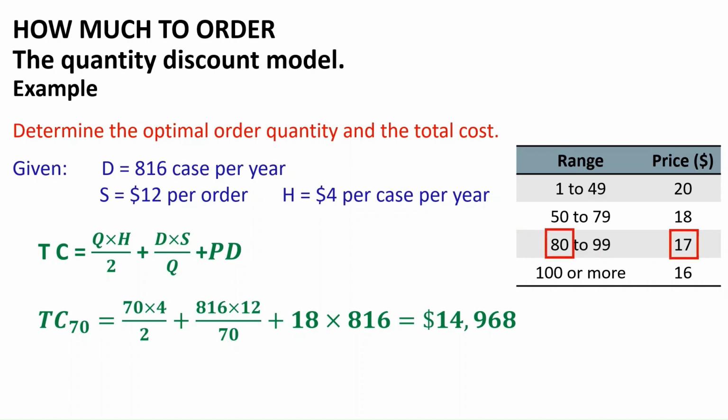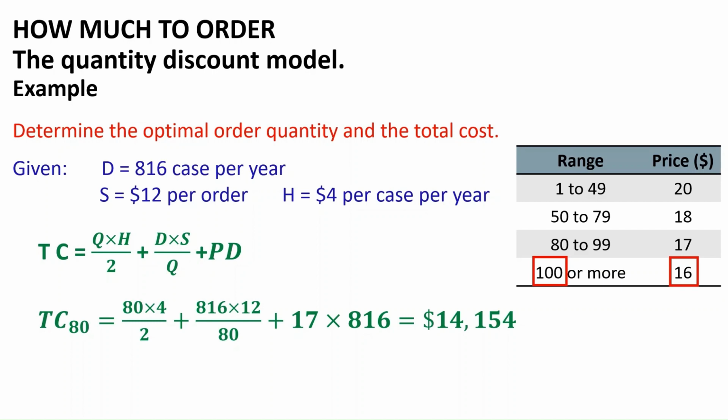Thus, the total cost at 80 cases will be, TC 80 equals 80 multiplied by 4 divided by 2 plus 816 multiplied by 12 divided by 80 plus 17 multiplied by 816 equals $14,154. To obtain a cost of $16 per case, at least 100 cases per order are required, and the total